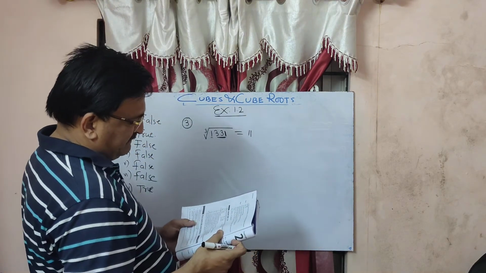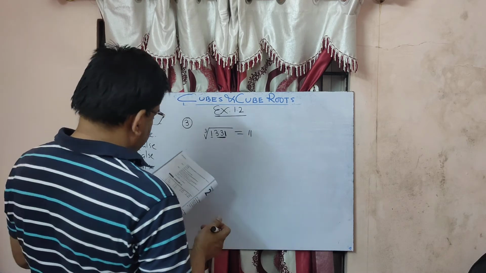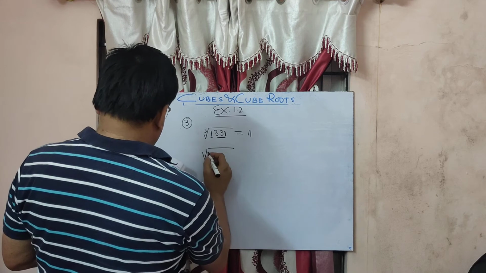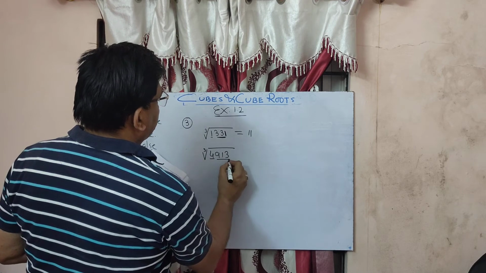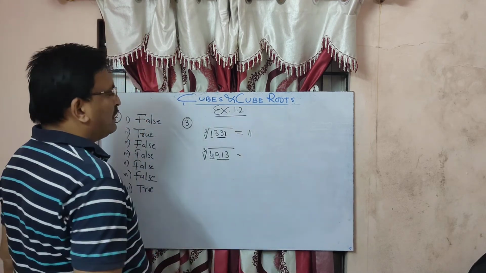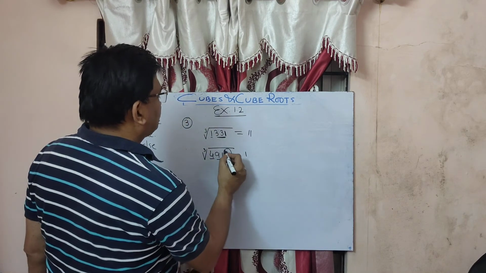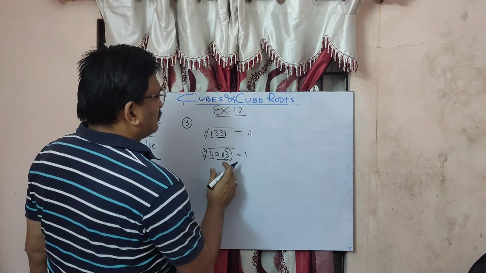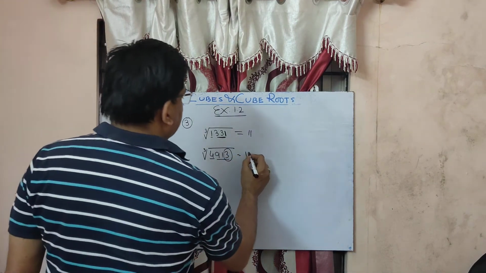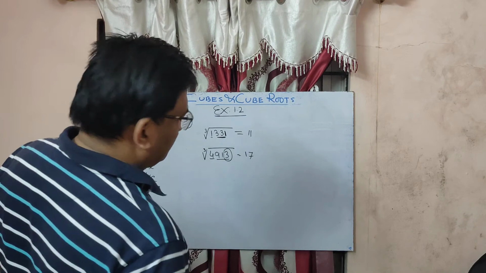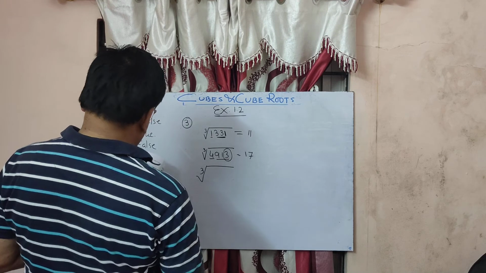Now similarly, without factorization, using the direct method, can you guess the cube roots of these numbers? 4913. Again grouping here. 4 is near to what? 2 cubed is 8, so it should be 1 only. Now the last digit is 3. The cube of which number ends with 3? 7. Just check it through the table.